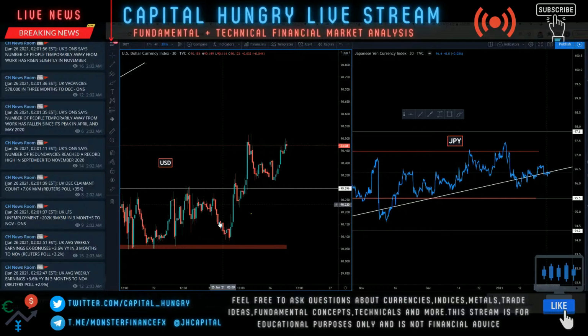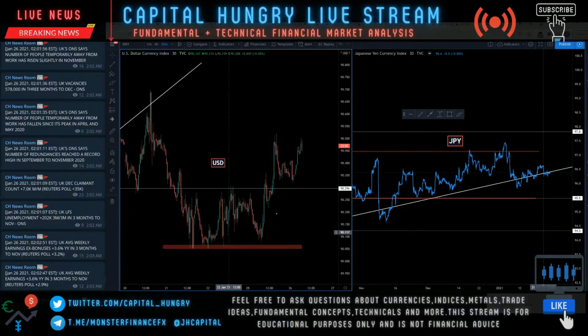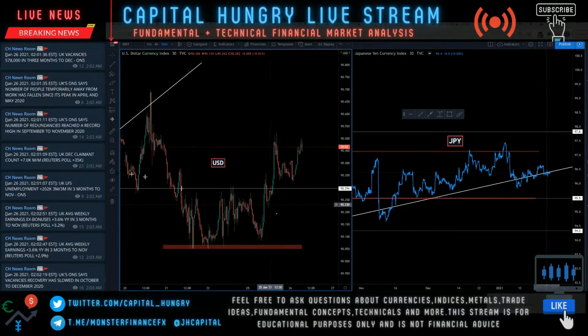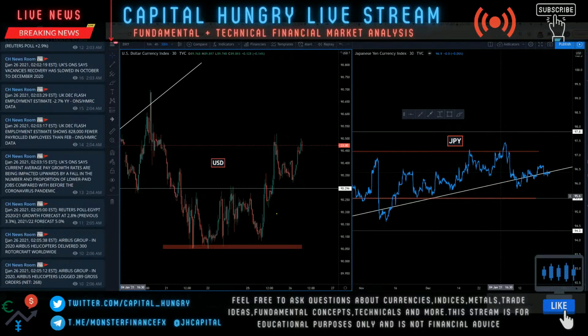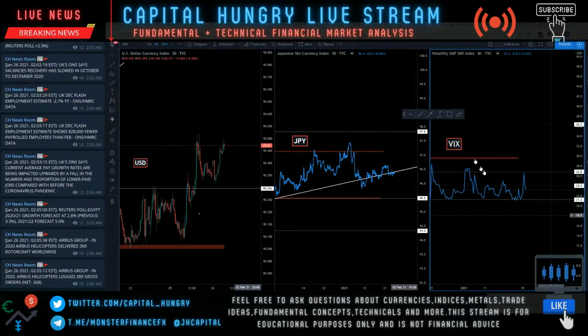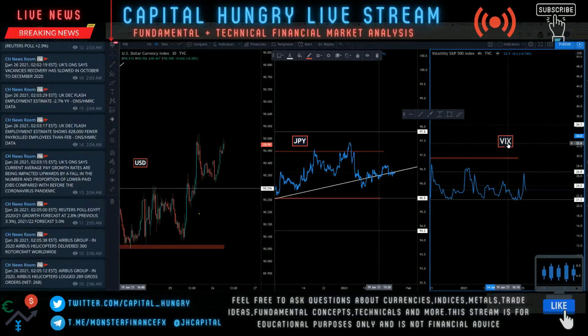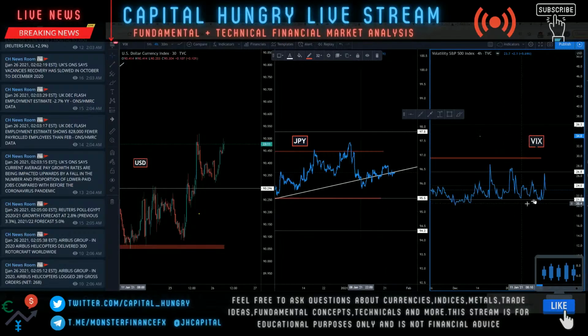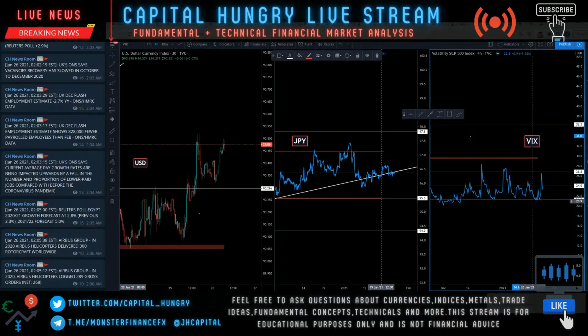When we're looking at our safe haven currencies, we can still see that the US dollar is holding strength and that the Japanese yen is still holding bullish market structure, as well as on the third view here, the Volatility Index, which is a fear and greed indicator in North American markets, but still gives a good gauge of fear and greed in global markets. We see a nice spike off these previous lows and at least a bit of fear coming into the markets. So if the volatility index remains above these previous lows, the Japanese yen gets a bit of a bullish boost to revisit these highs.